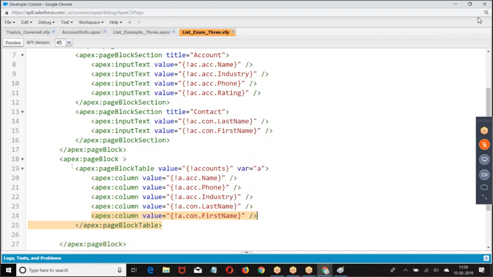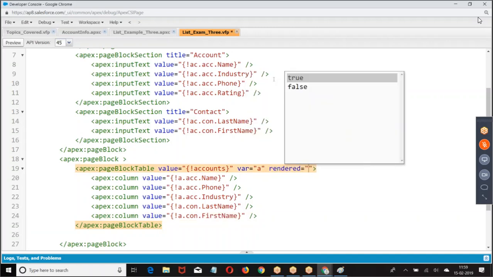This is what I said. When is the page block you want to display? Render this only when there are records.